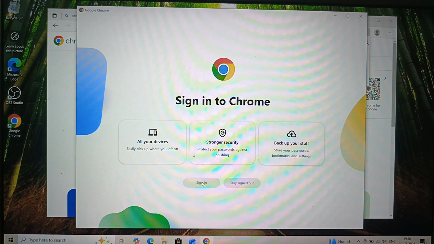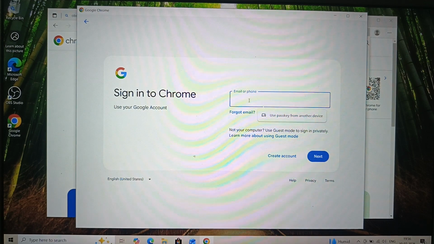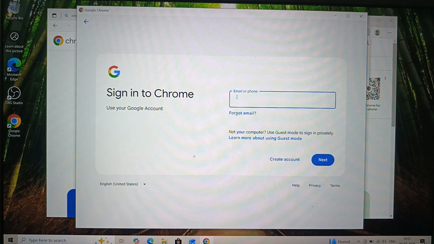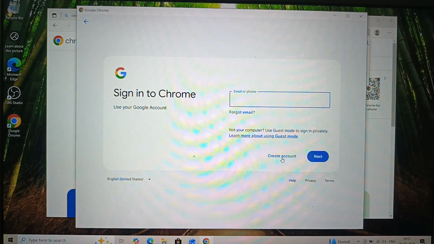Chrome browser sign in, click here. You can see this pop up. So here type your mail id and process complete. Okay,